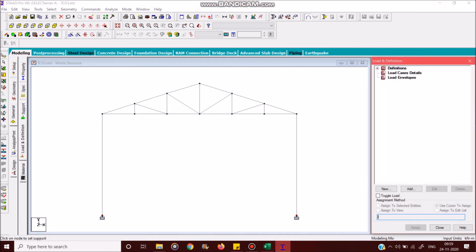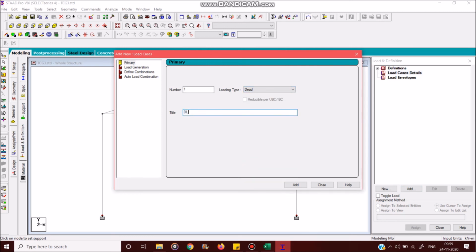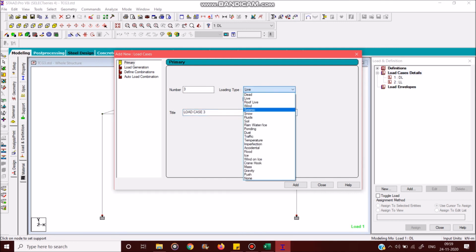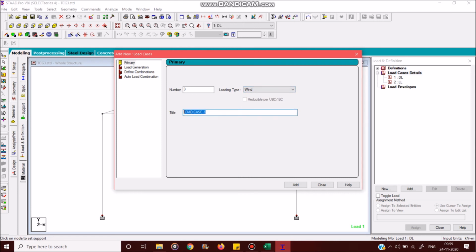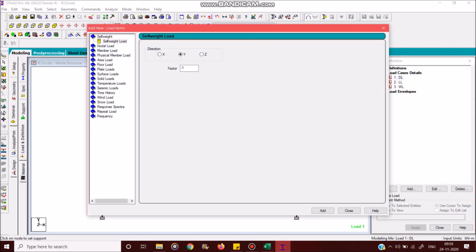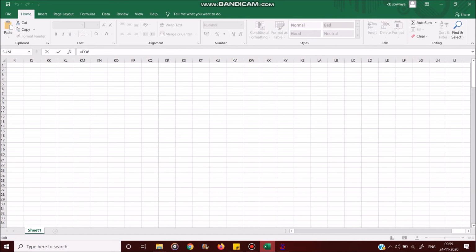Click on this and use cursor to assign supports on both the ends. Next, come to loads and definitions. Here, since there are no seismic loads, you can just go ahead and add loads like dead load, live load, and wind load. That's it. So dead load, click on add. The self weight of the member has to be considered, so add that. In addition to it, you have to give nodal loads. That is what we have generated in our Excel.